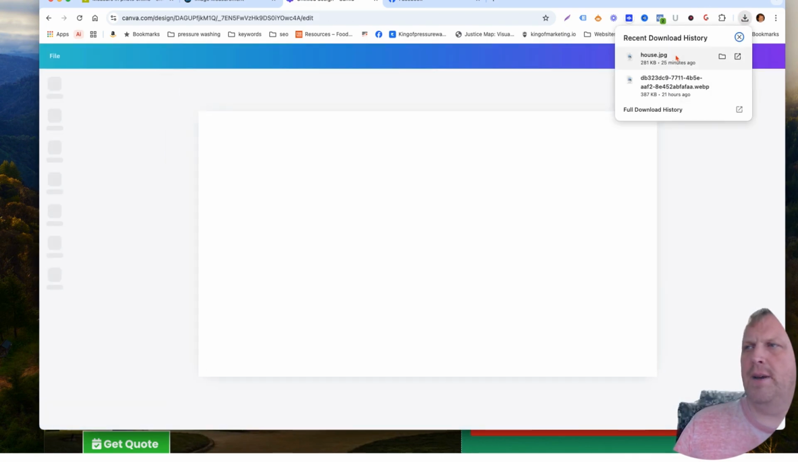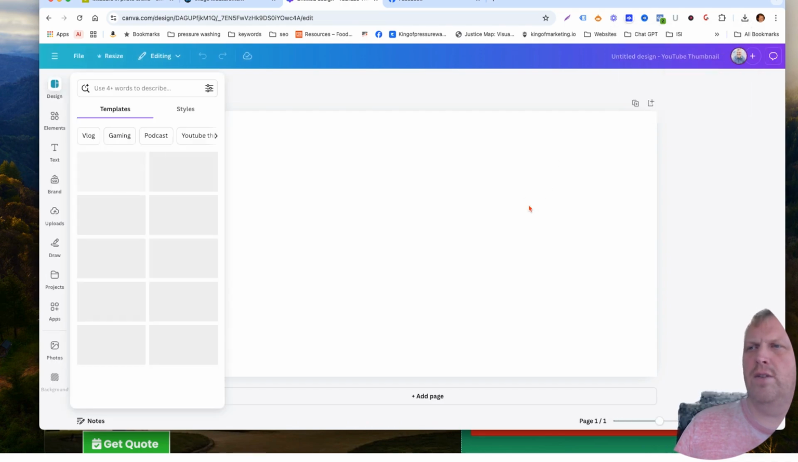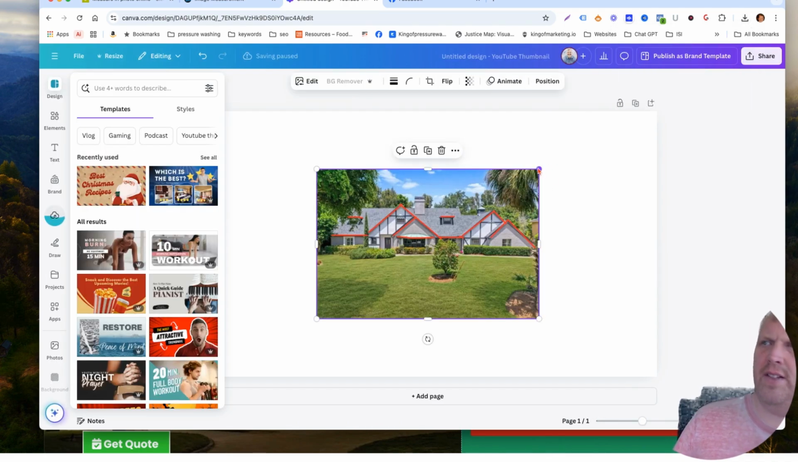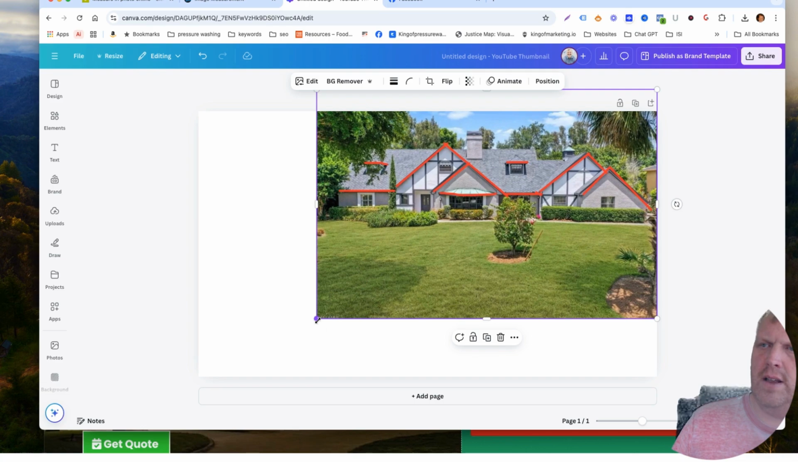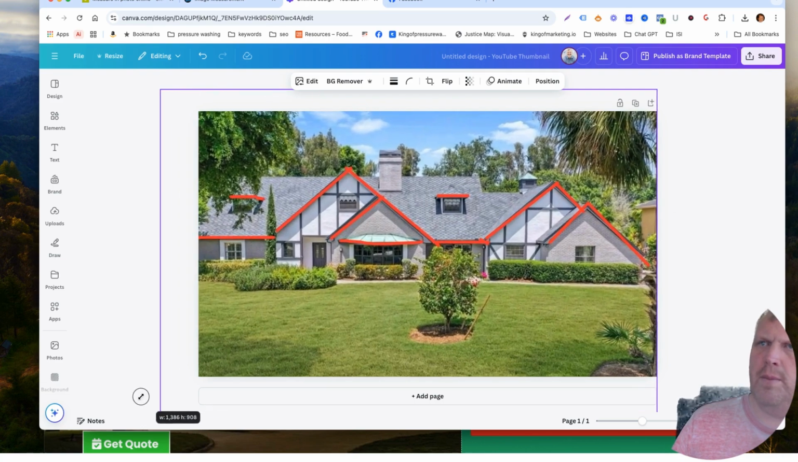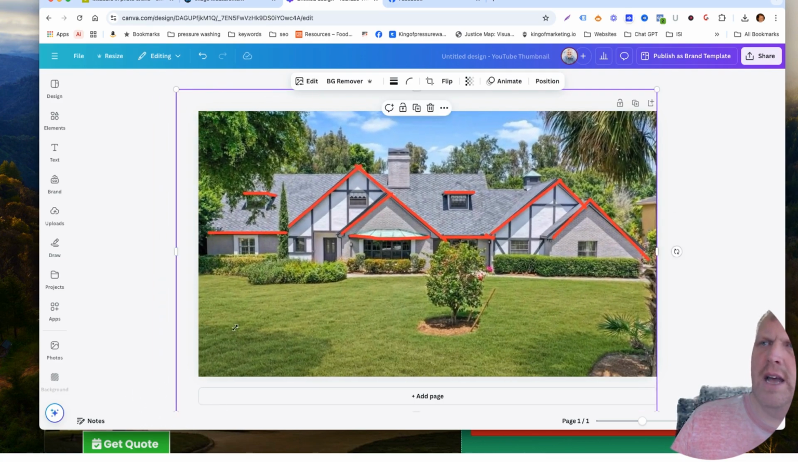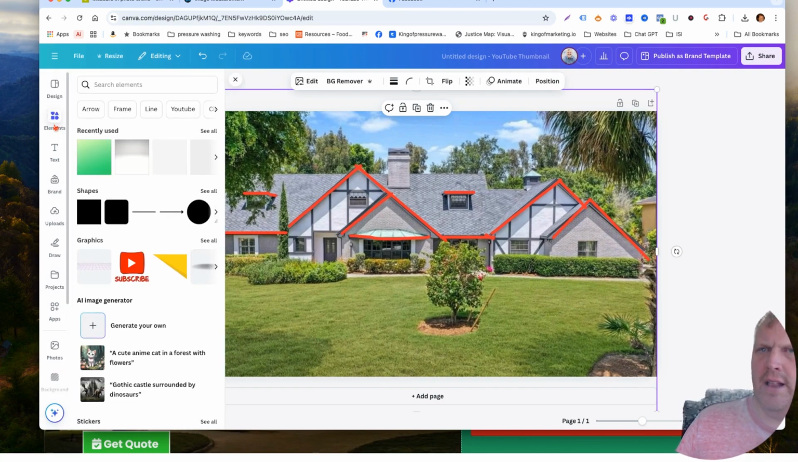Again, I'm going to put that picture down in here, slide it over. You're going to have to scale this up, so we'll scale it up here. We'll scale it down here. We don't want to make it go off the page too much. And then what I do is I come over to element, and you can